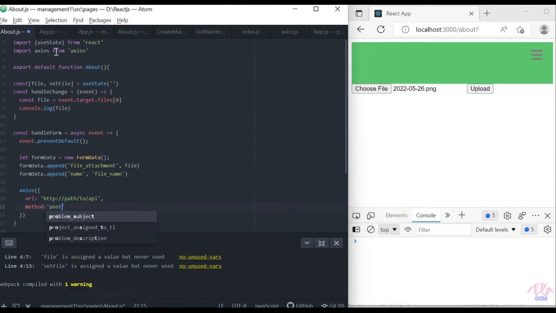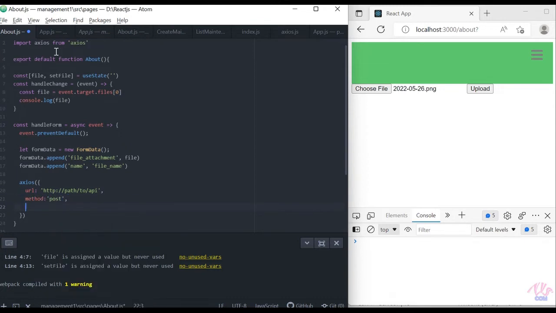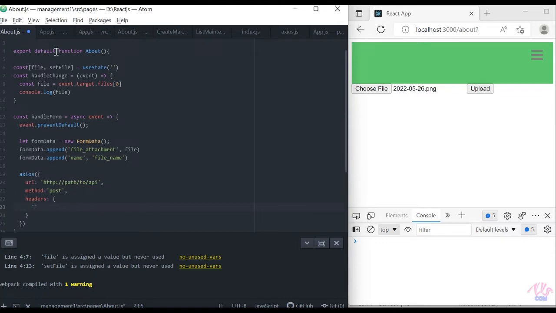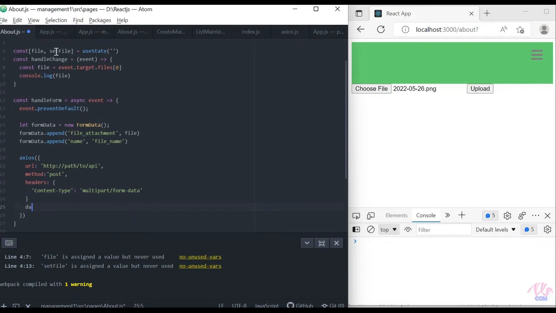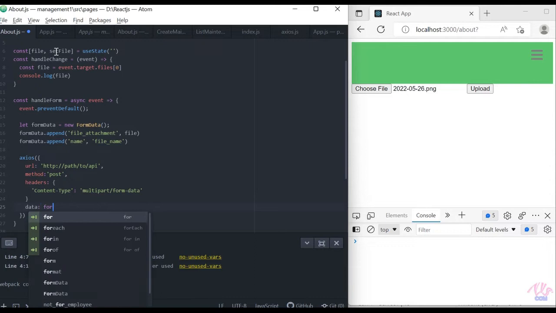Method is set to post. Multipart slash form data is a content type used to upload files. So we need to pass it as header and data as form data.